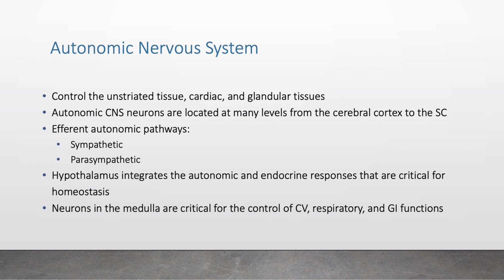hypothalamus and brainstem. The hypothalamus is a key region in the brain responsible for integrating autonomic and endocrine responses critical for maintaining homeostasis. Functions of the hypothalamus include regulation of body temperature, initiating responses like sweating or shivering to maintain a stable temperature, control of hunger and thirst by monitoring nutrient levels and blood glucose to regulate appetite and thirst,